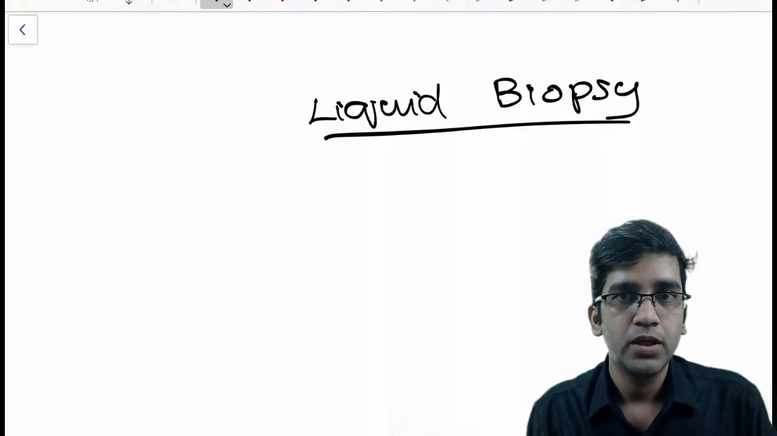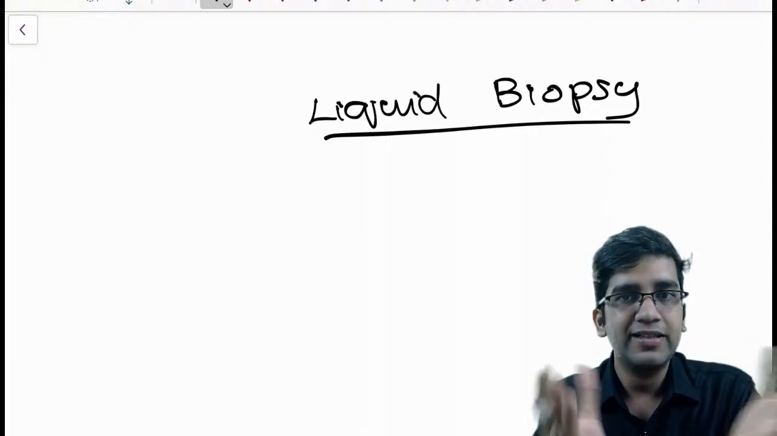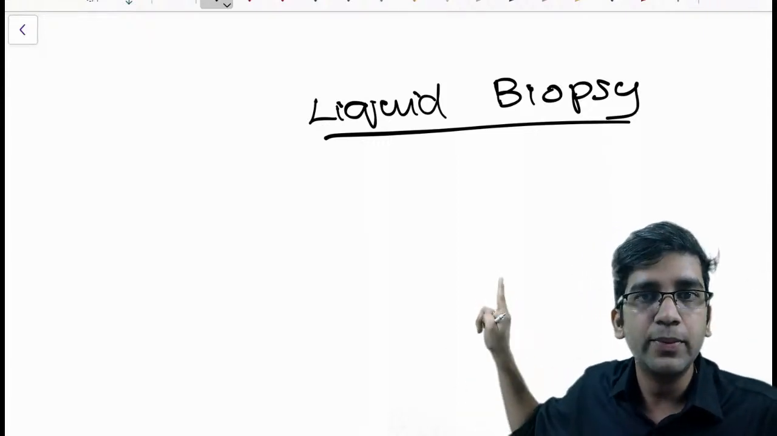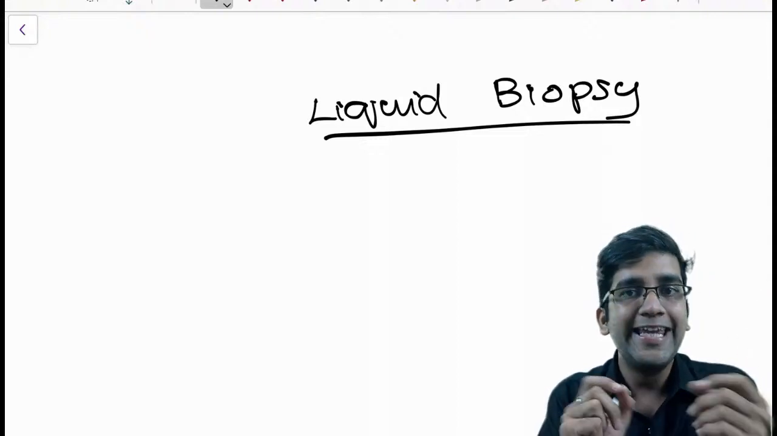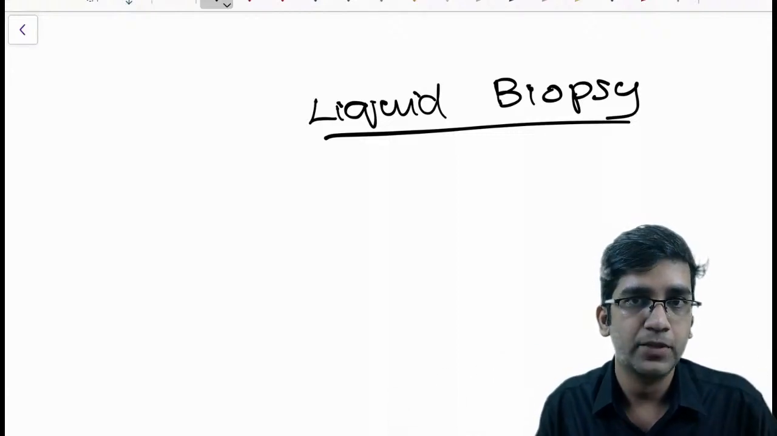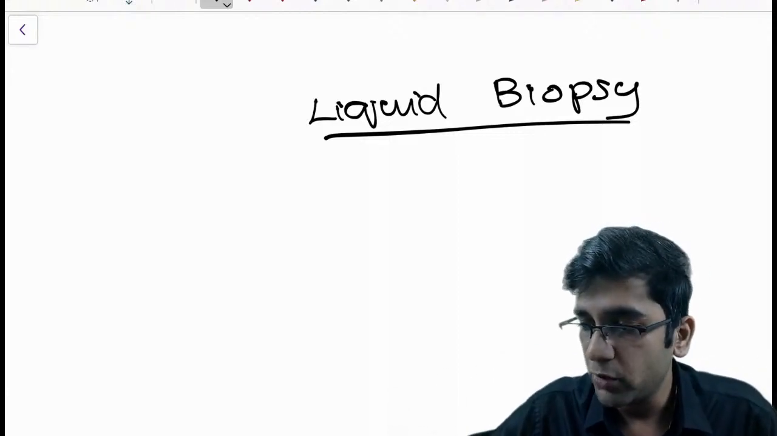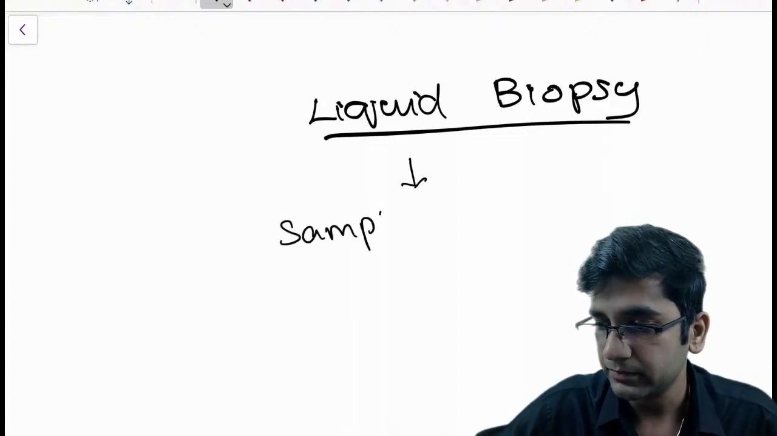As we all know, biopsy is nothing but I'm going to take a tissue and study it. Here I have the term liquid biopsy. Liquid biopsy means I'm going to take the blood or any liquid for that matter and study the liquid. That's called a liquid biopsy. So here, we're going to sample blood,